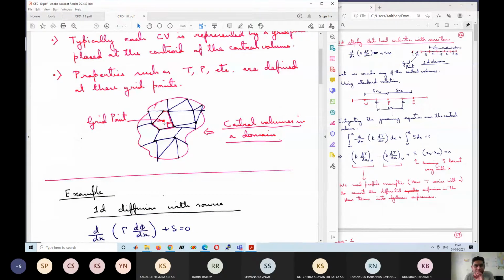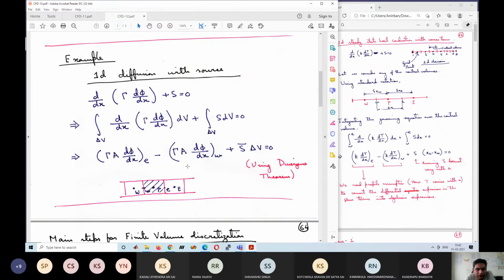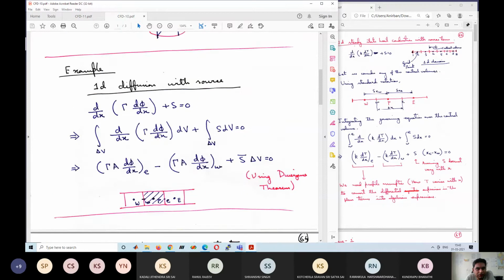But because in this finite volume method we integrate the differential equation over the entire control volume, in this process we ensure that the conservation of properties is followed even at the level of the domain or subdomain. And we have seen how to proceed with that. I will just repeat this because we will continue this today, so as to maintain continuity.